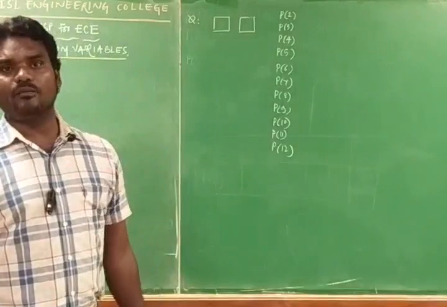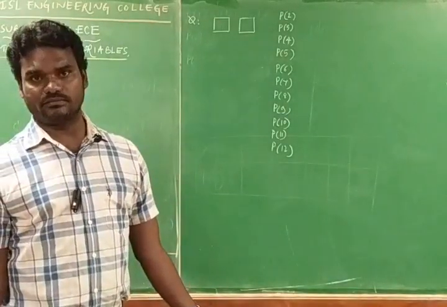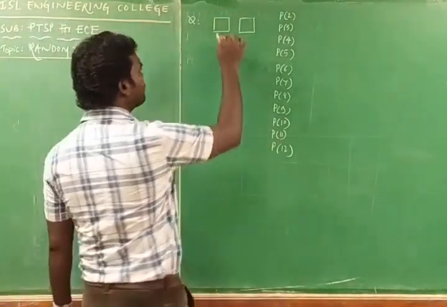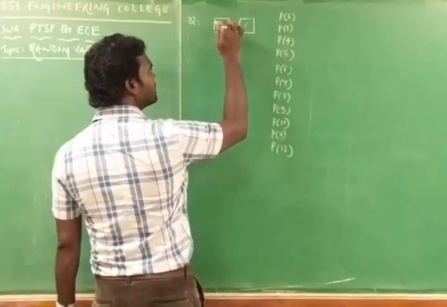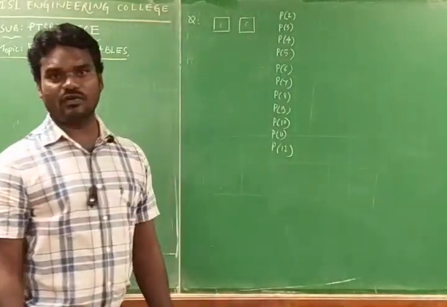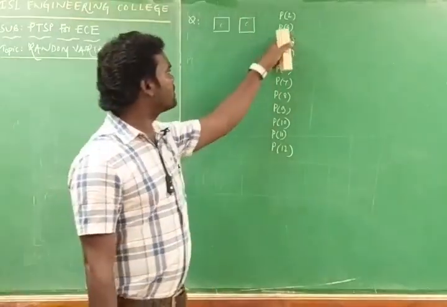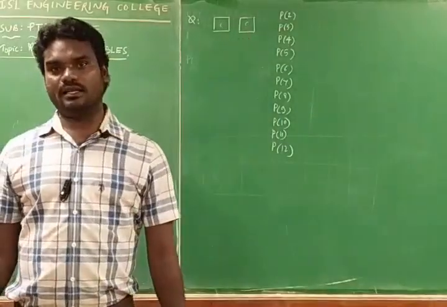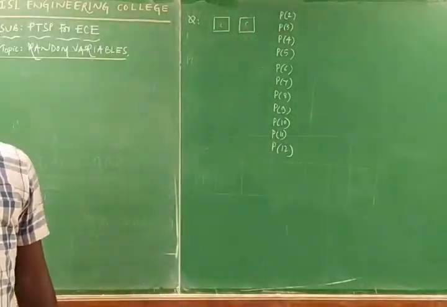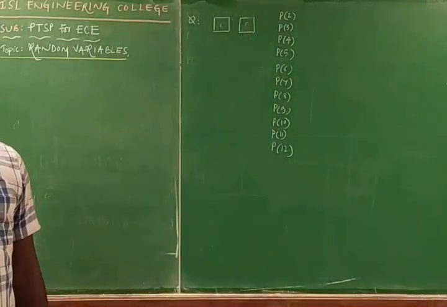Maximum we can get is probability of 12 only, as the sum, because this is maximum with 6, this is also maximum with 6. 6 plus 6, that is a maximum of 12 only. We should get the probability of 2 whose sum is 2. Probability of 3 whose sum is 3. Likewise, if you calculate this one, the probability of getting the sum is,